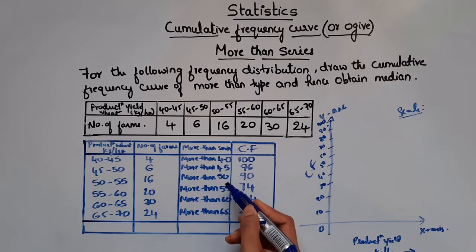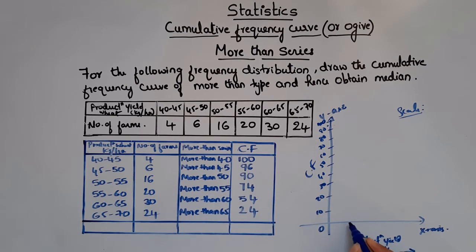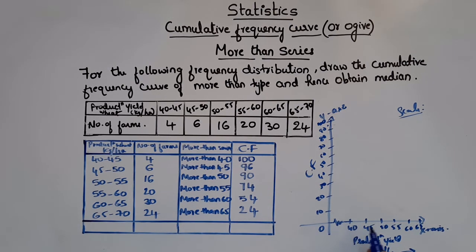We have 40, 45, 50, 55, 60, 65. So you can write. So we will start with 40, 45, 50, 55, 60 and 65. So here if you see, we have jumped from 0 to 40. So when you do so, you have to put a symbol like this. This is called as kink, which means we have jumped from 0 to 40. If you have space in your graph, you can start from 0, 5, 10, 15, 20, 25. It will take long. So instead of doing so, you will put a symbol and jump from 0 to 40 and then start with 40, 45, 50.